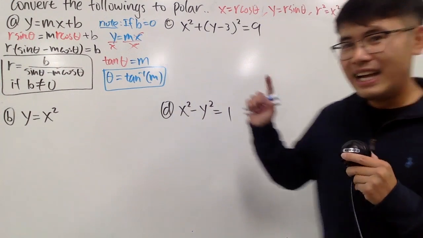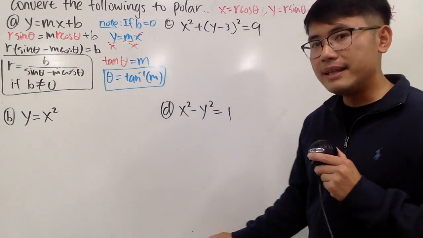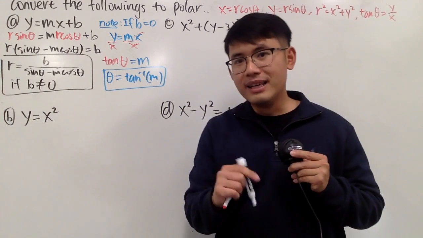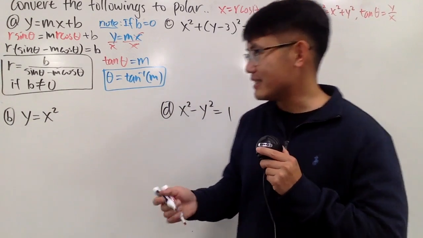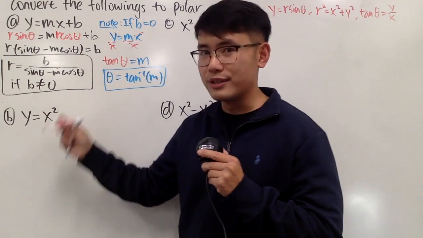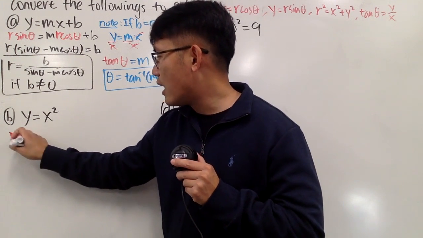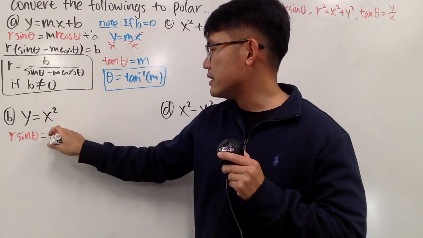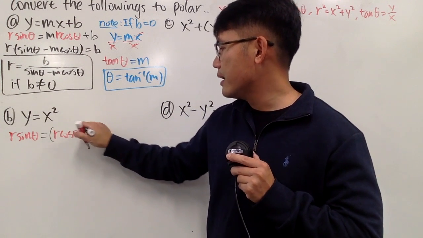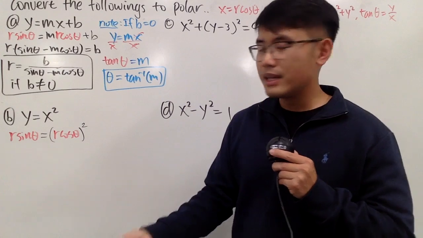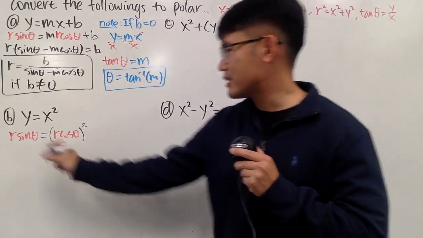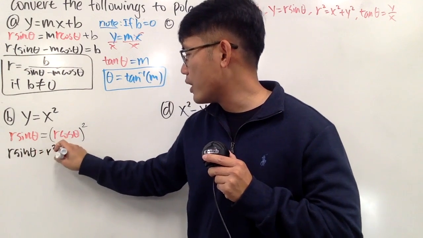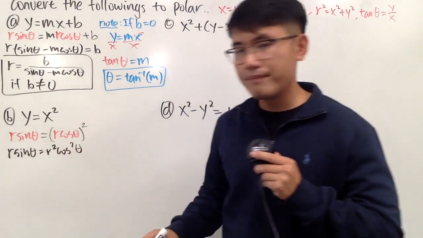Think about it. All right, this one, y is equal to x squared. Of course, that's our good friend, the parabola, centered at 0, 0. That's nice. Anyway, let's do the usual thing. Y is r times sine theta, and that's equal to, parentheses, x is r times cosine theta, and we have to square that, just like this. Well, let's write it down like this. R times sine theta equals r squared times cosine squared theta.